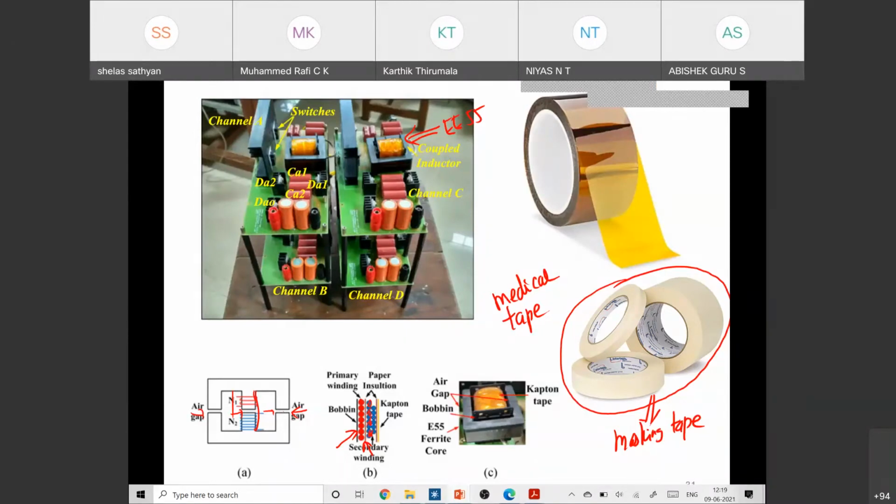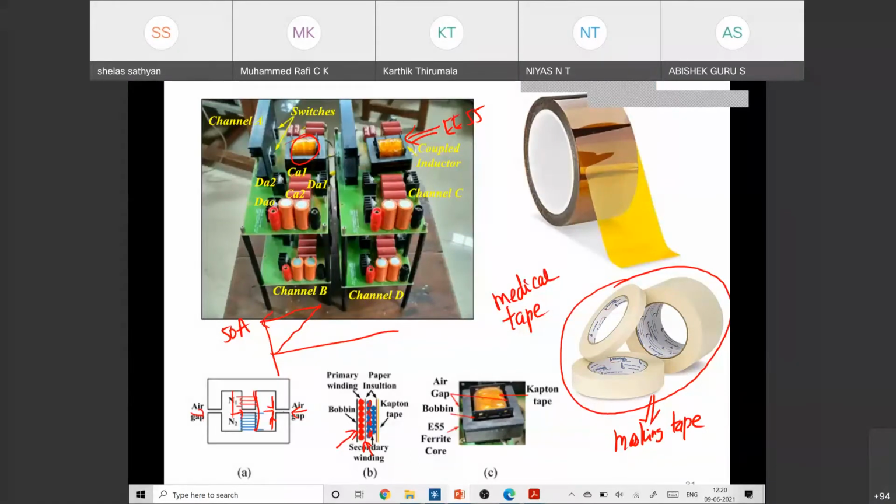And finally, if you want good thermal stability, for example, in this particular converter which we designed, the current flowing is very large, and the peak value of the current is reaching up to 50 ampere. So 50 ampere means it's quite high. So this air gap is also quite large, so that it will not get saturated. But the problem is it may get some more copper losses because the RMS value of the current is also high.